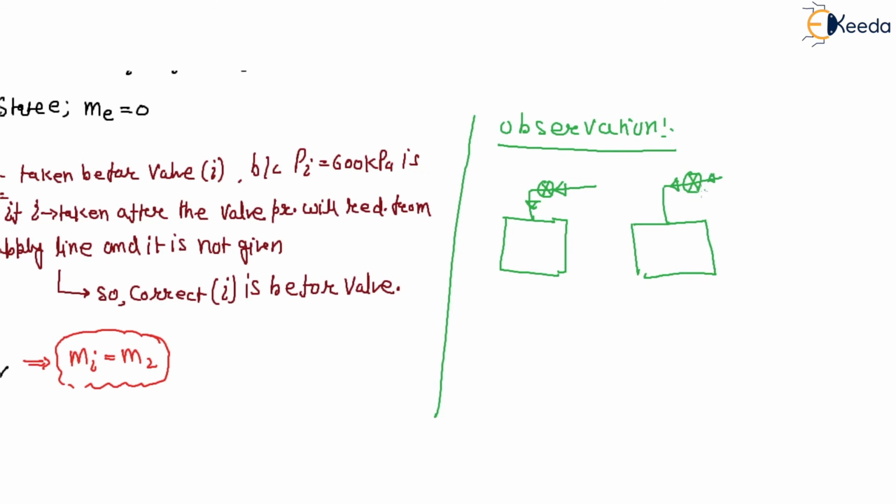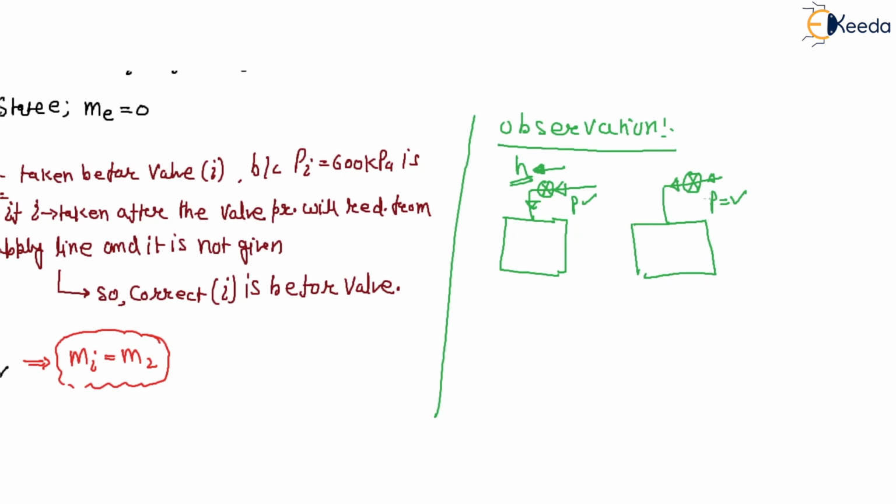So if there is an energy in, though the pressure is given, the energy in is only enthalpy, but here pressure is given, but energy is in the form of any form,